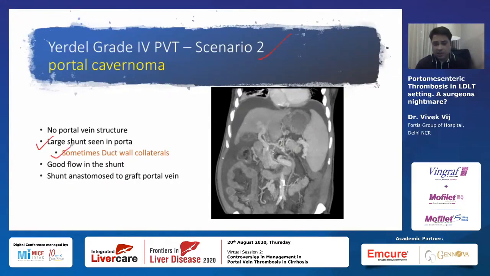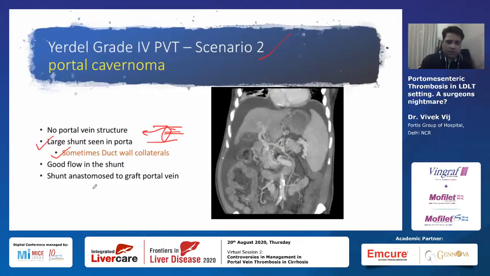In those cases, I divide the bile duct. I close the bile duct from inside and join all the collaterals which are periductal collaterals, and sometimes put a small graft, a big graft on the top of that. So there are multiple channels draining into that graft. Suppose these are the multiple channels, and we join a big graft here, and these multiple channels are draining into this graft, and then join it to the liver. So these are multiple options you can do while reperfusing the new liver.